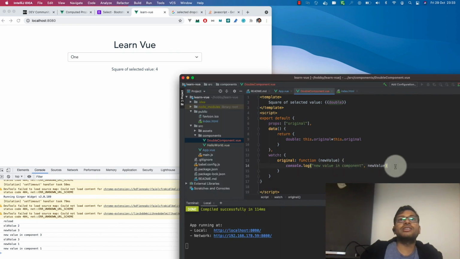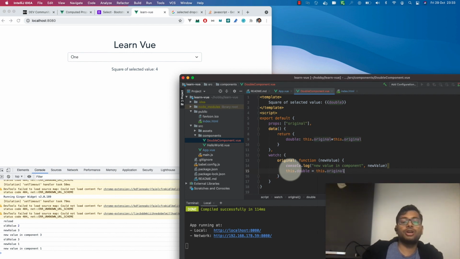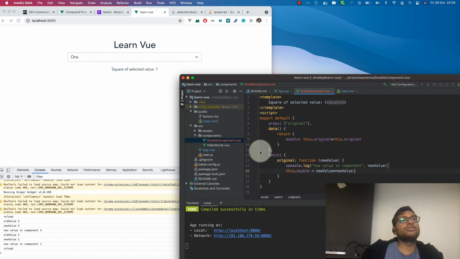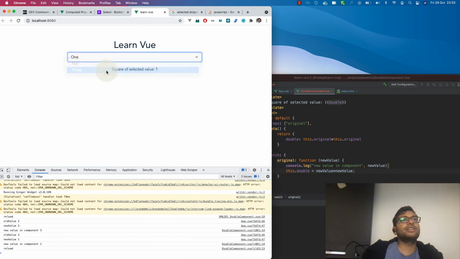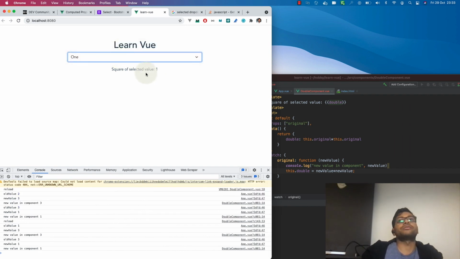So here we can just change double equal to, no, it will be new value into new value. So now when you select 3, we can see it is 9, and 1, it's 1.